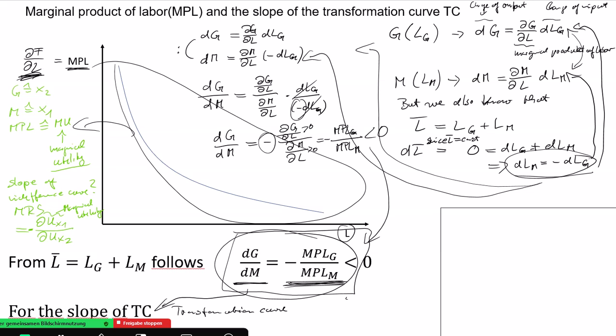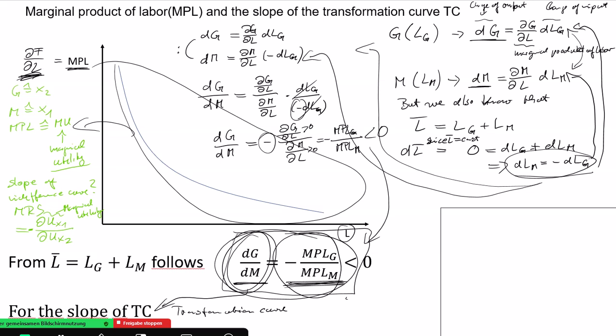And since the only flexible production factor is labor, taking the derivative of wheat and machinery with respect to labor, we obtain that the slope of the transformation curve has to be just